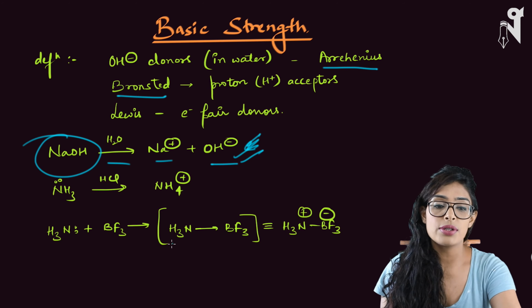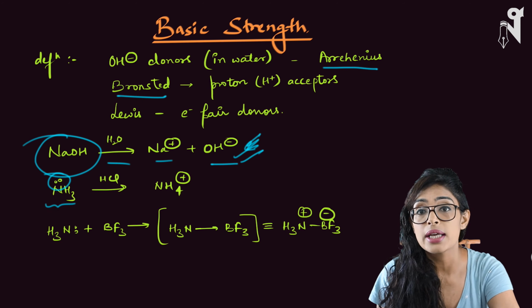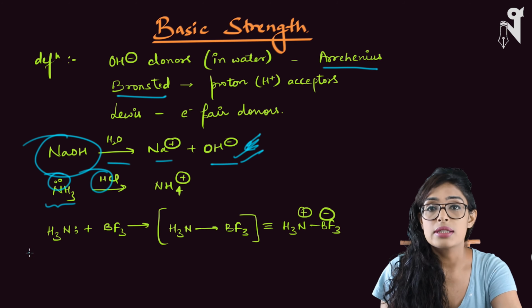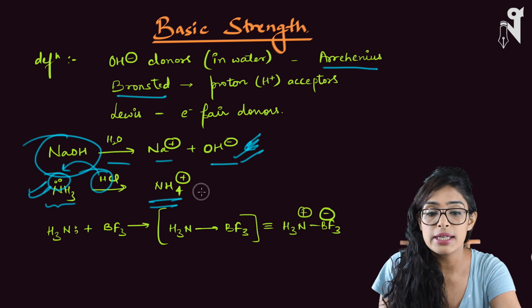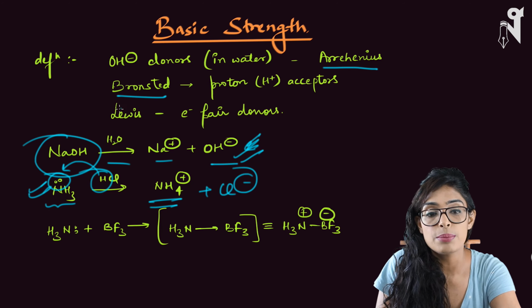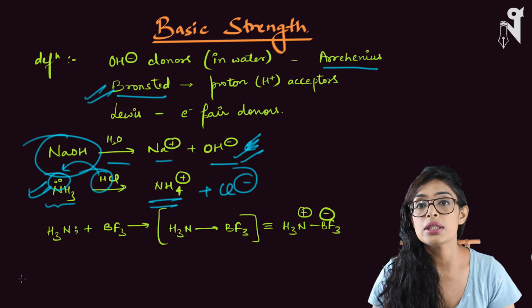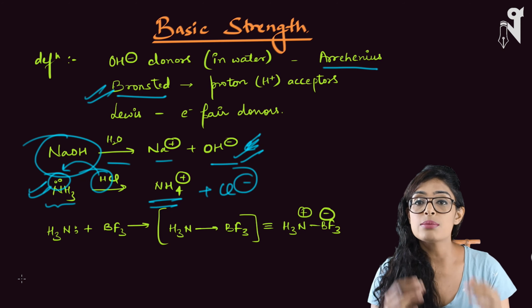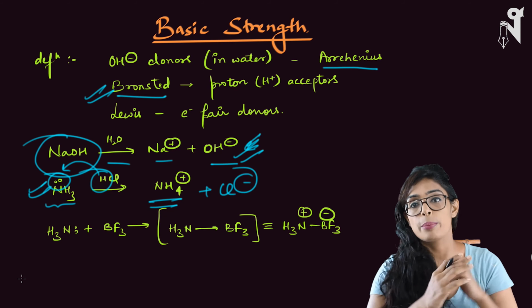So for example, if I talk about NH3, NH3 has a lone pair over here. If it comes in contact with HCl, it will take H plus from here, and this H plus will get attracted towards this pair of electrons, and this will become NH4 plus, and Cl minus will be the side product, and this is the base according to the Bronsted concept. So as I said, according to the Bronsted-Lowry concept, your atom should be electron rich. It can have a negative charge or it can have lone pairs.